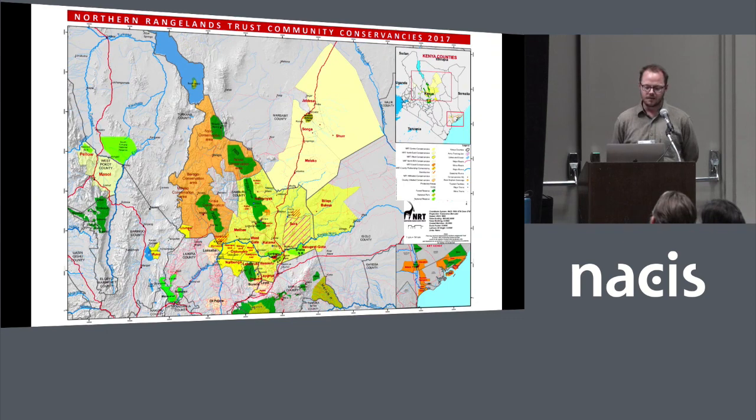So when I started the project, I just did a quick search to see what data I could find, any other maps that are available, and this was essentially the only map that I could find from NRT, and there are very few of just the region in general that were, I guess, free and open source. And so this was a good starting point, and it showed me that, while the cartographic display of this is not